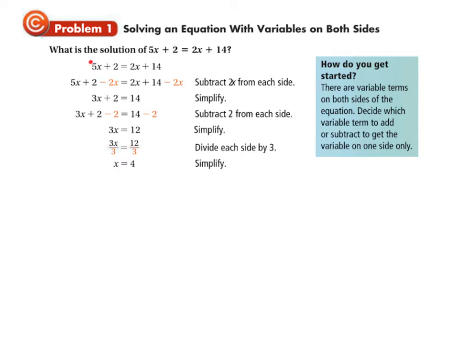Now, could we have subtracted 5x from both sides instead? We could have, and in fact, that's going to be part of your got it problem, to say, what if instead of subtracting 2x from both sides, we subtracted 5x and moved them over here, okay? And that's the big idea. So